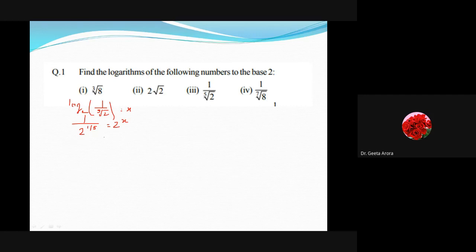So just by comparison also you can do, we can see what the value is, or we can say 2 raised to power minus 1 by 5. If I take it in the numerator, it will become negative, is equal to 2 raised to power x. So on comparison we can say x is equal to minus 1 by 5. Correct. So Raghunath, I don't know where the mistake has been done. Please check it and let me know if we are getting the answer or not. We are having the answer minus 1 by 5.